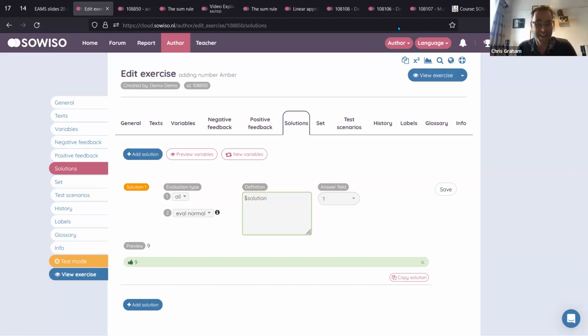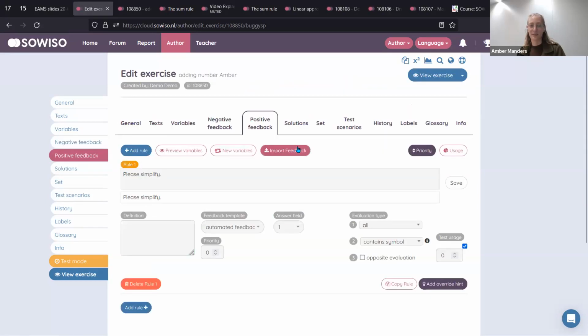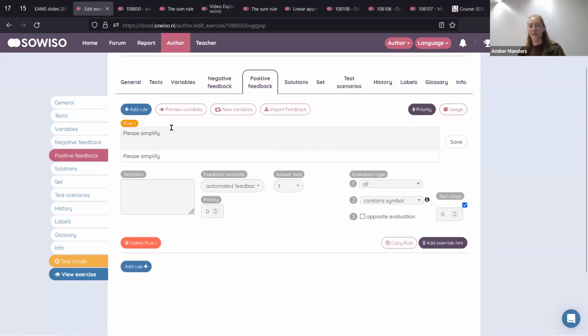So Ingo down in the Matrix chat asks, how do authors implement scoring? All right, that's a good one to show. I can do it here. For that, we need to go to the feedback, either the positive or the negative feedback ones. With every feedback rule, there is this little box that says text usage.